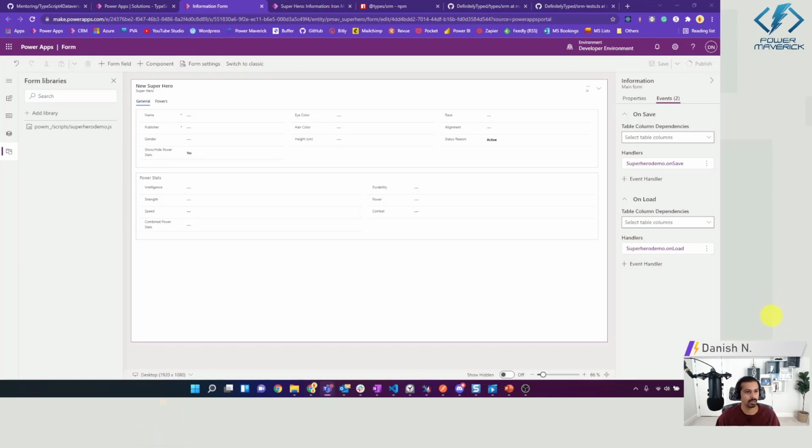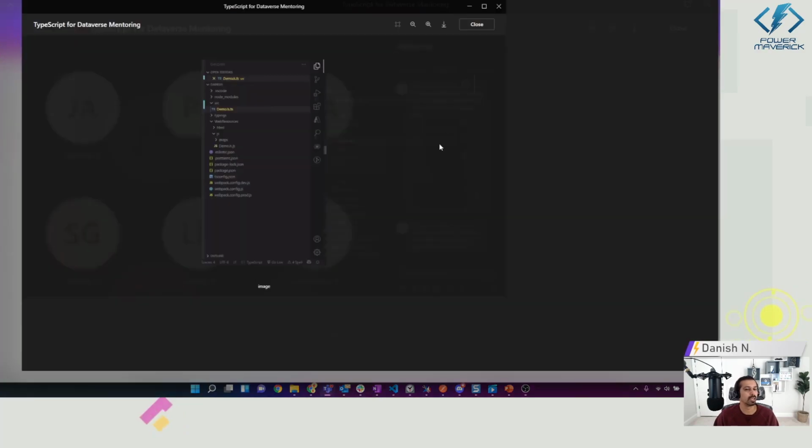While it's publishing, I'll answer some of the questions. So how is the npm script window visible in VS Code? This is how my VS Code workspace looks. So Dinesh Kumar had asked how